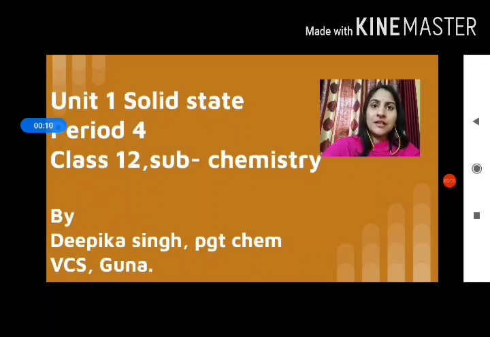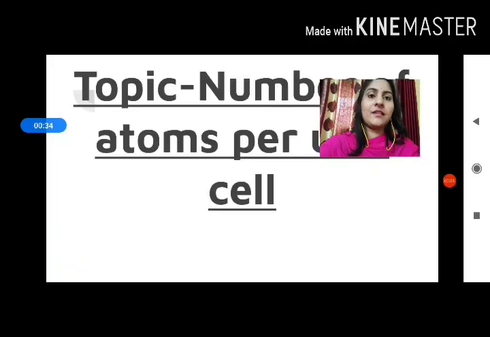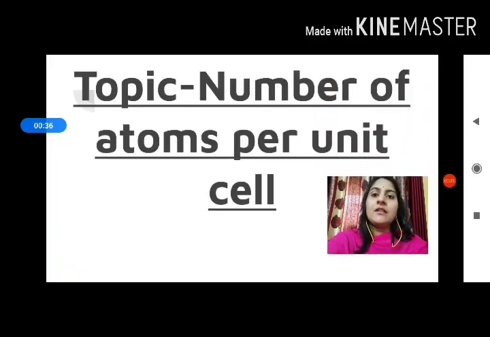In the previous class we discussed crystal lattice, unit cell, its parameters, types of unit cells, the 7 basic types of the cells and further divisions of the centered unit cells like the body centered, face centered, end centered, and the general introduction about the 14 types of the possible Bravais lattices. Now in this class we will cover the topic number of the atoms per unit cell.